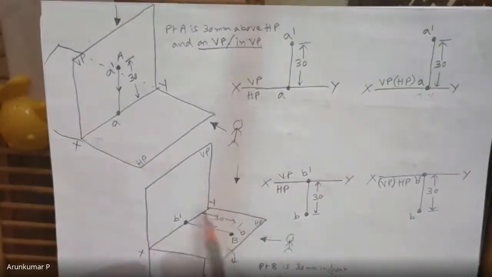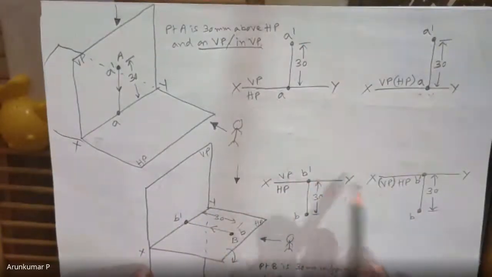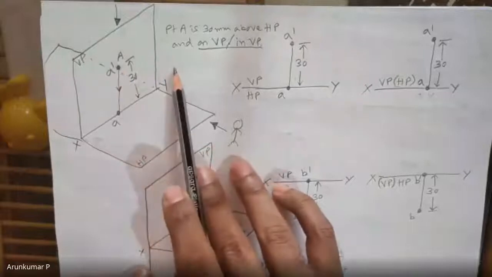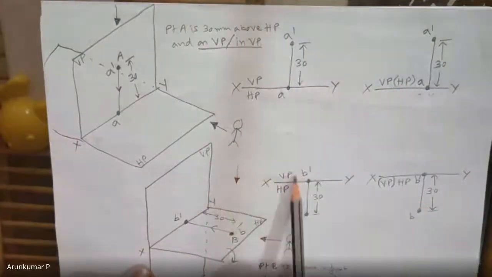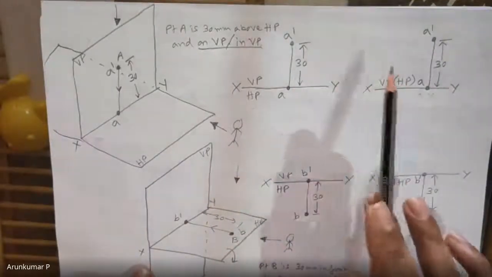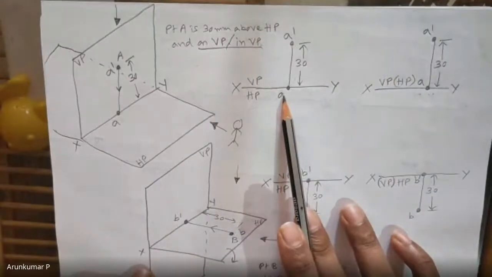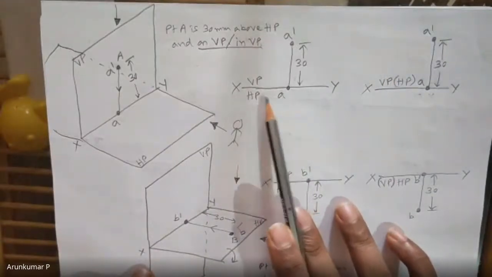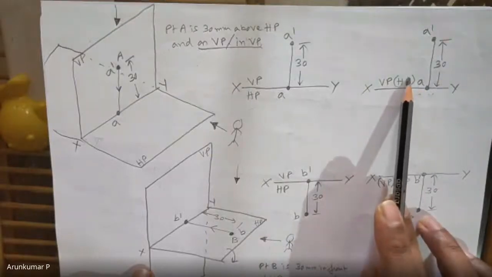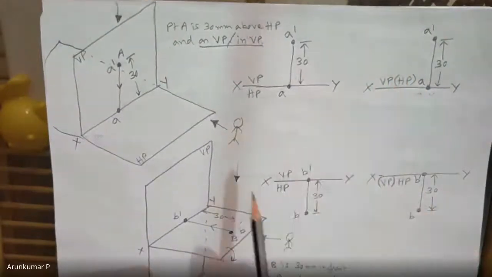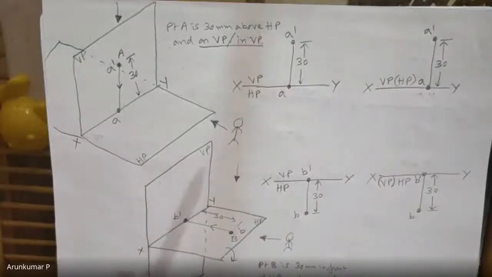And we had seen that such points are common to two quadrants. For example, this point A is common to first and second, whereas this point B is common to first and fourth. So you can take any quadrant and draw. The only difference will be where you are going to position, for example, this top view here because HP is below, and top view here because HP is above, because first quadrant, second quadrant. So this is in short what we had seen in the previous class.